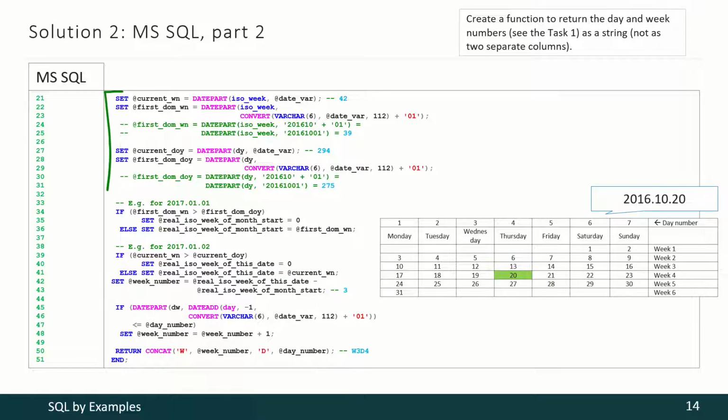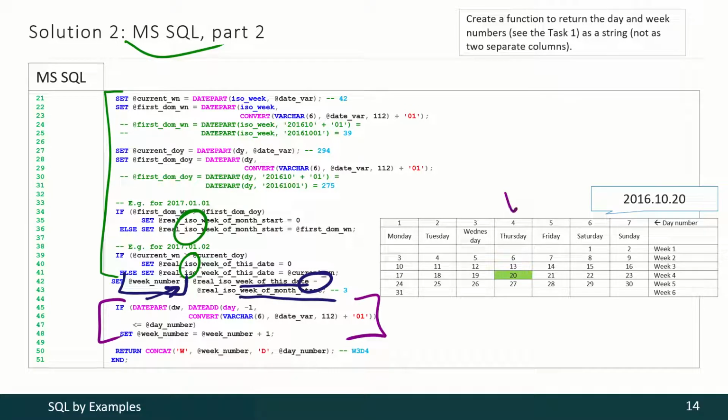Then we have to perform a lot of non-trivial mathematical operations to transform Microsoft SQL week numeration into ISO week numeration. Once we have ISO week numbers for the analyzing date and for the week of month start, we may subtract those week numbers and calculate our final week number. Then we have to calculate if our analyzing day of week is less than the day of month start or is greater than the day of month start.